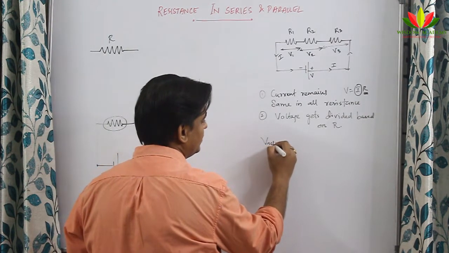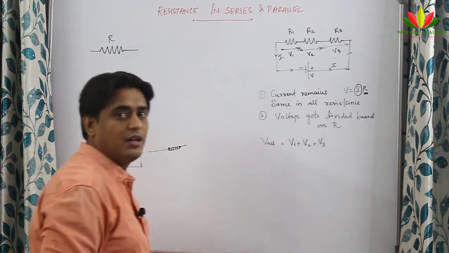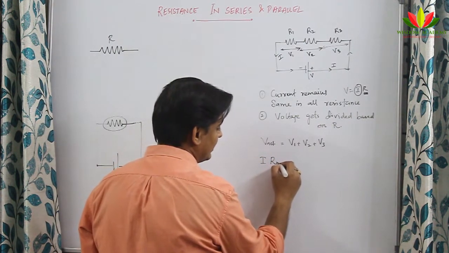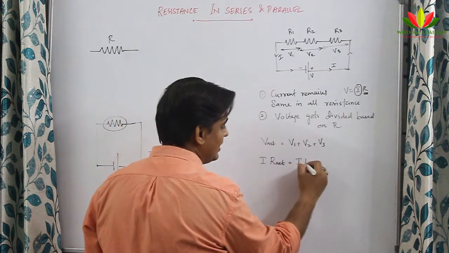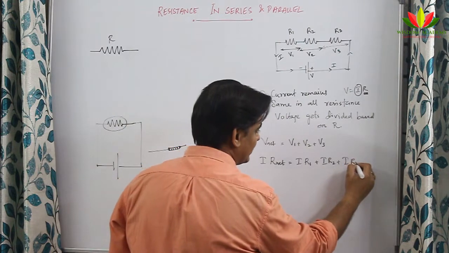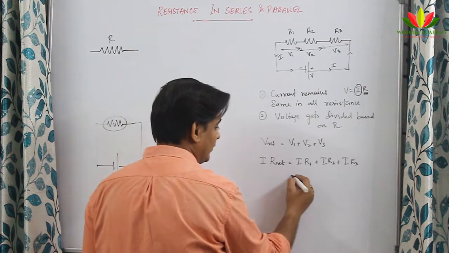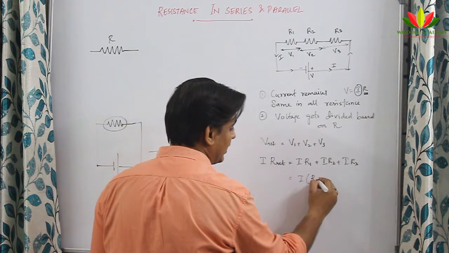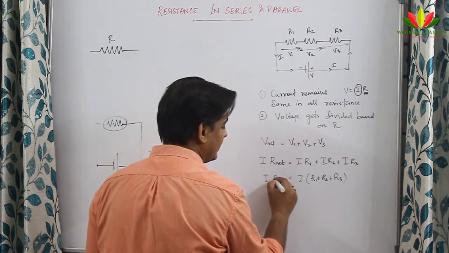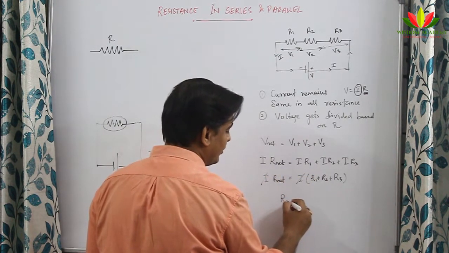Now what is the net voltage? Net voltage will be equal to V1 plus V2 plus V3. What does Ohm's law say? V is equal to IR. So I into R net. V will be equal to I into R1 plus I into R2 plus I into R3. I am not taking I1, I2, I3 because I know current is the same, current does not change. So if I take I common out here, it becomes R1 plus R2 plus R3, and here I have R net into I. These two I's get cancelled, and finally I get R net or R equivalent,